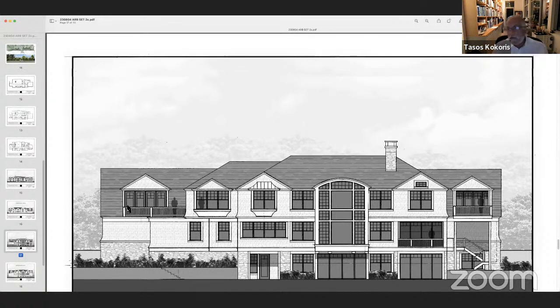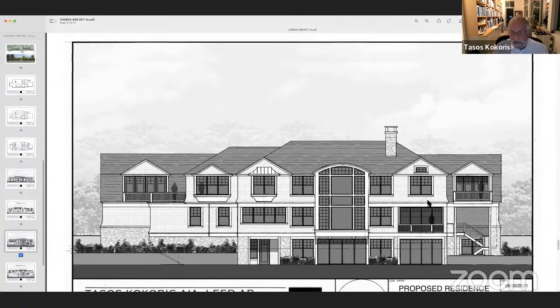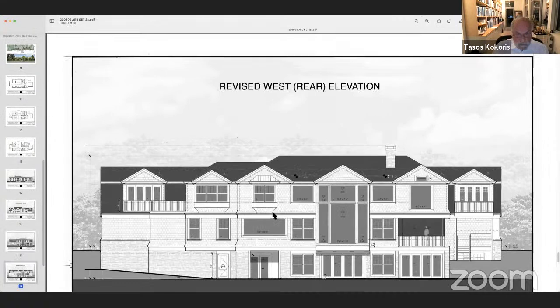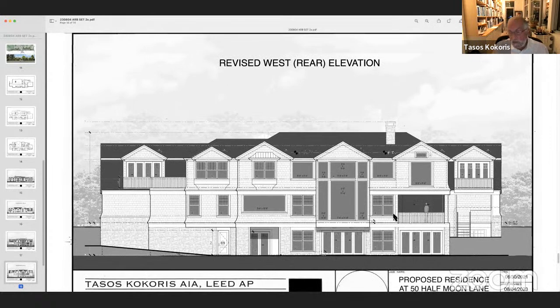On the working drawings, we're going to CAD. So there's a bit of a difference there visually, but the actual elements are the same with the exception of, I'll point these out to you, this window, that window, this gable, the kitchen window, and the master bath window. Everything else has remained as approved.